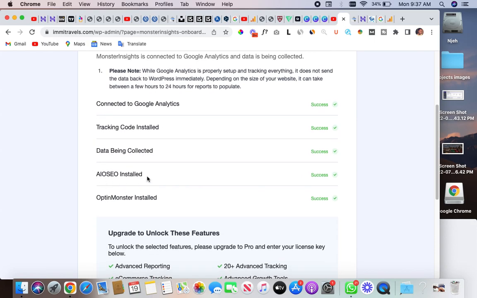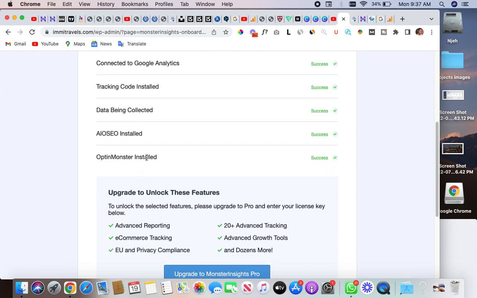We need to remove this All in One SEO. All right, we need to remove it because we have used Yoast. If we leave this All in One SEO, I wasn't supposed to take this. If you leave this All in One SEO, there's going to be conflict between this plugin and the Yoast plugin. So make sure you uninstall this plugin and delete it. Then